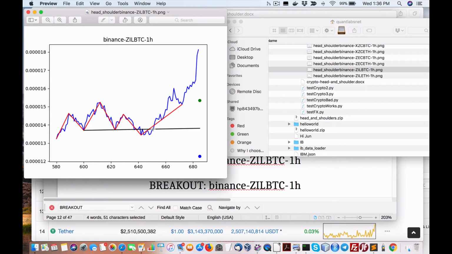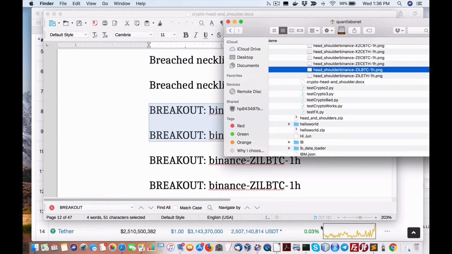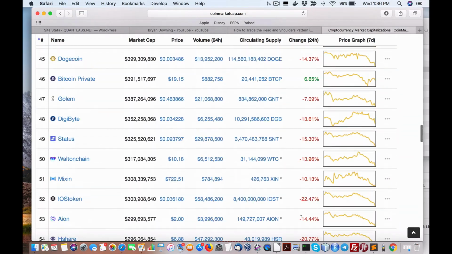If we caught it here from 0.0014 all the way up to 0.0018. Now, if we had put on some leverage, we made a bit of money, but it's clearly a profitable move. Boom, I like that. And again, this is working in a day over the last 24 hours where there has